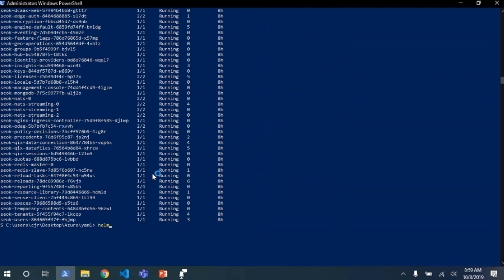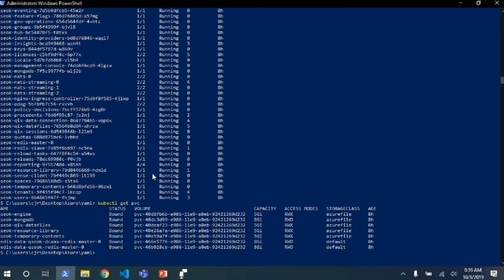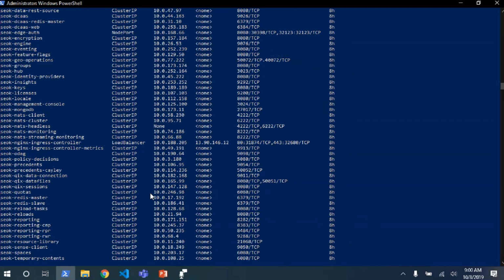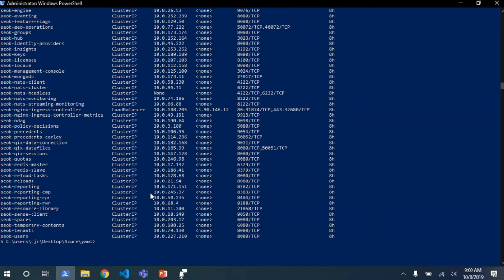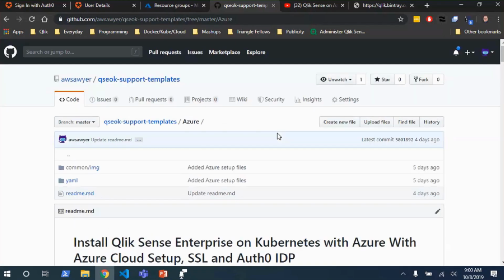If I go back through my history, I can see the persistent volume claims that I have. I have this set up with Azure File, and then I can also see the services that I have. These are going to scope to the services that are provided by each of the pods, right? And so you can see the different ports. Obviously, I don't remember the commands right offhand to do this, but what I have done is I just created a really quick YAML file